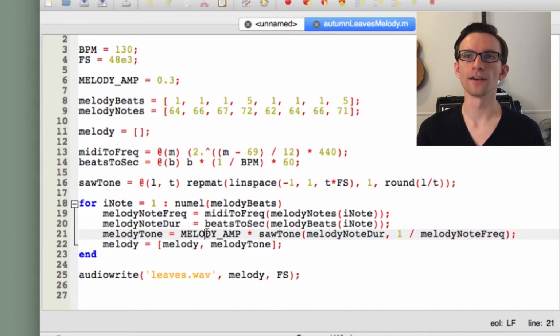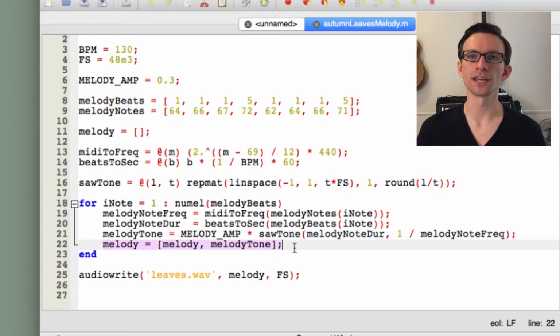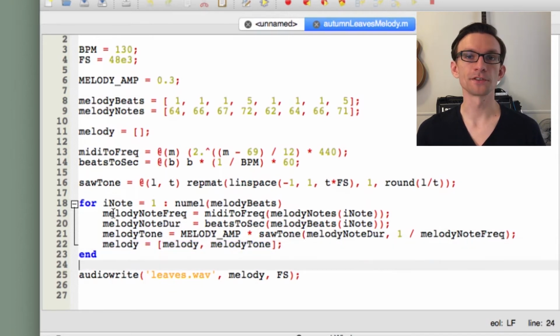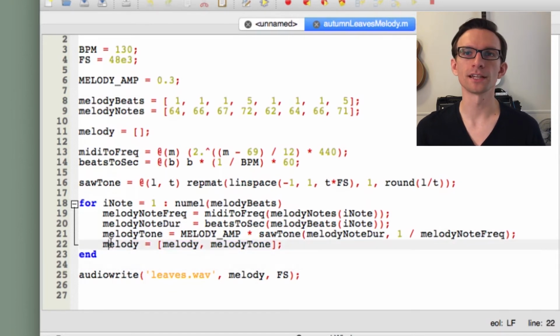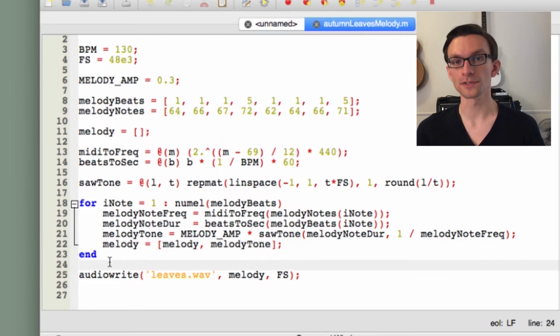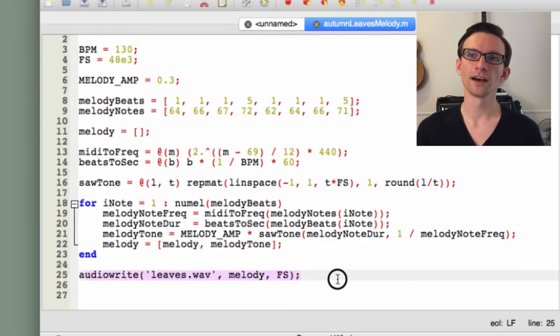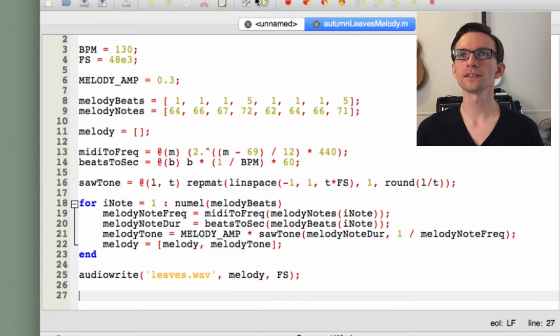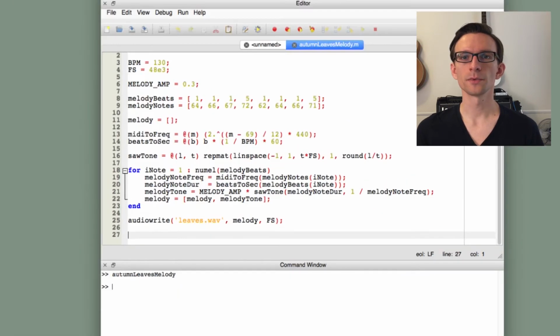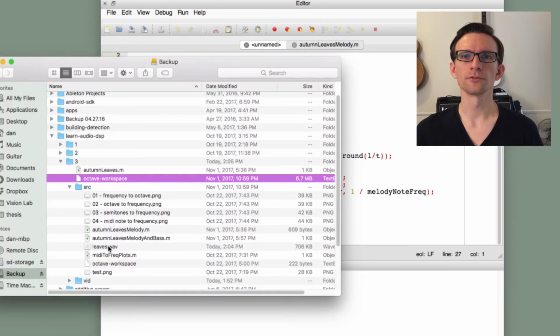We'll multiply that by the amplitude that we've decided on, and we will append the current tone to the end of our melody. After this loop ends, we will have populated the melody array with all of the samples that we need in order to play this melody, and we will write it to the file leaves.wave at the sampling rate fs. So if we run this, change directory, pull up in Finder, and if we play our file,